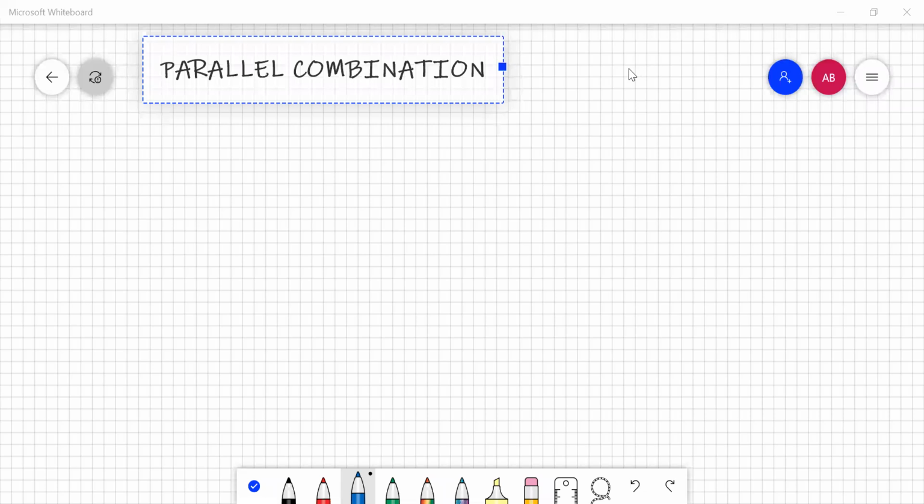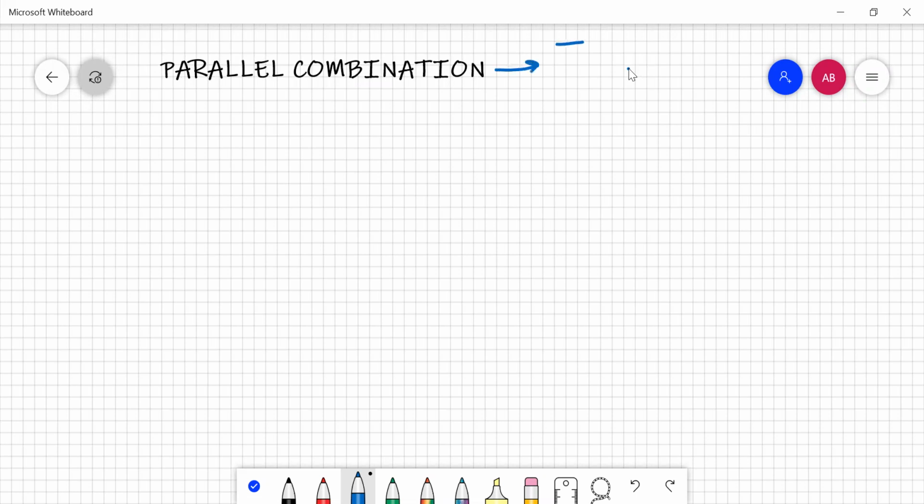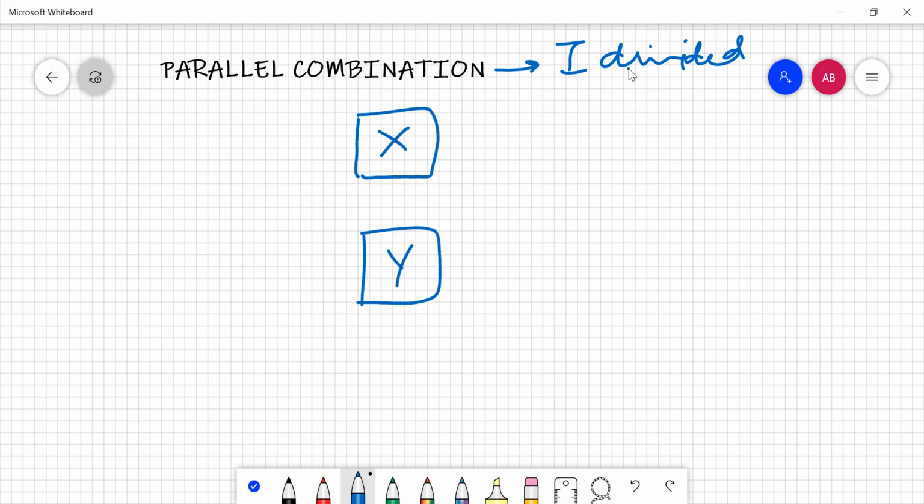So now for the parallel combination, we will be going for our Y parameters. And we all know that when we talk about the parallel combination, the current gets divided while the voltage does not. So you have to draw the circuit in the same form. Let's say you have got your X network here and your Y network here, and you have to combine both of them. So the very first thing is when you are going to give them the current, it should get divided, unlike what we did in your previous case.